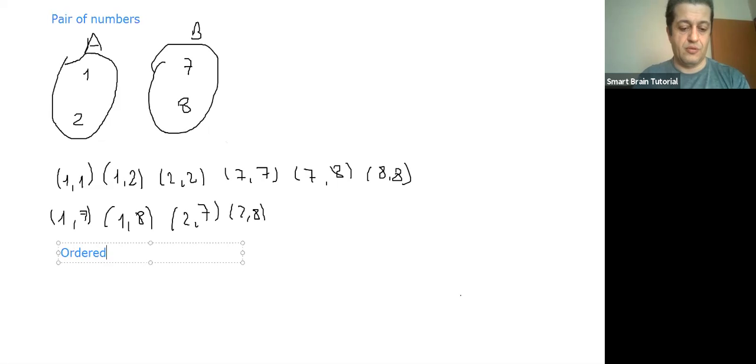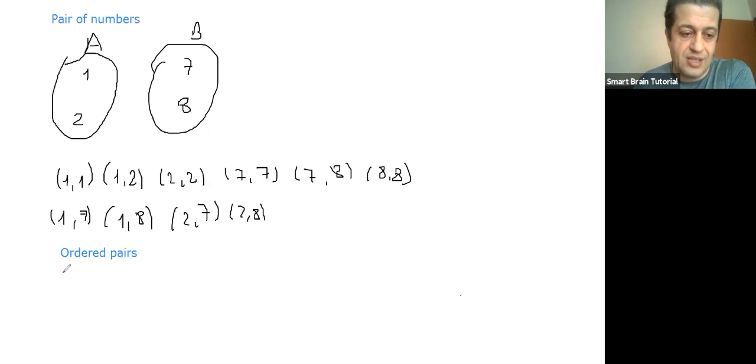Ordered pairs. What does it mean, ordered pairs? This means that the first element is always from the first set, and the second element is from the second set. So we are not interested in 1, 1 or 1, 2, because both these numbers belong to the first set. We are interested in,